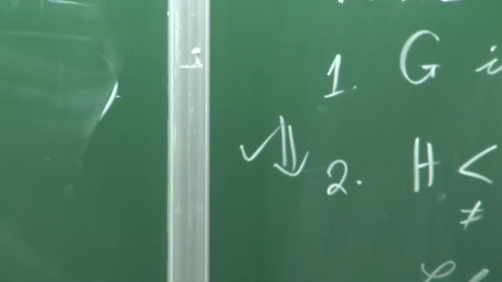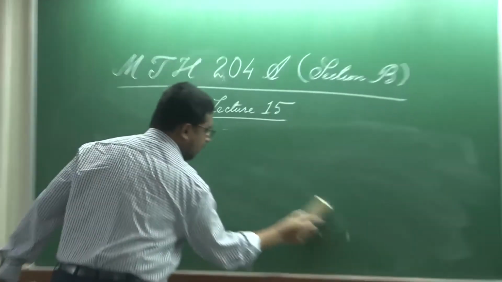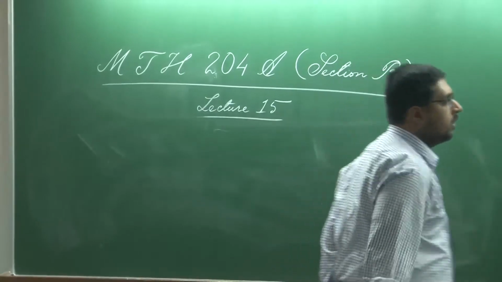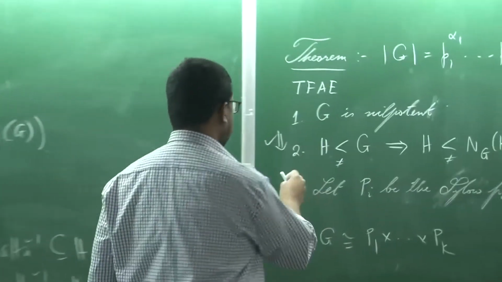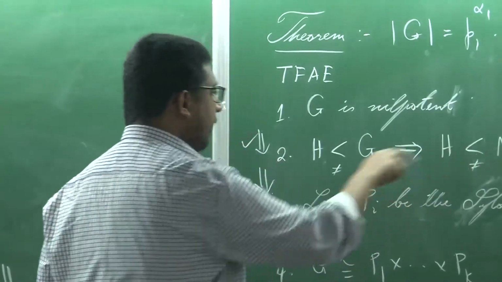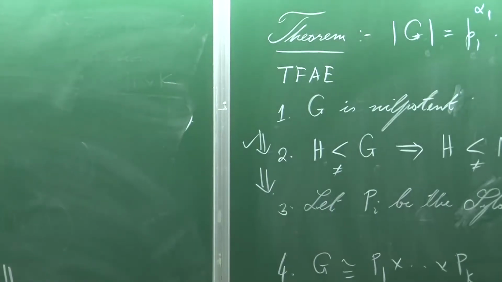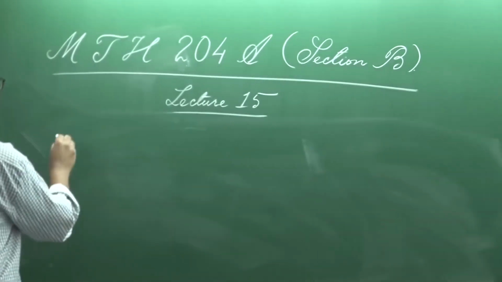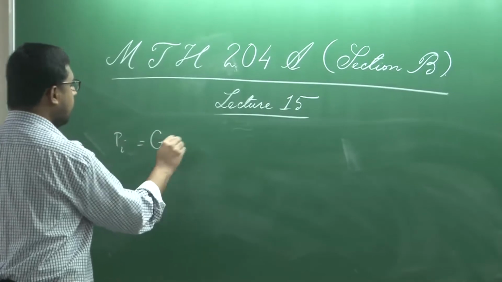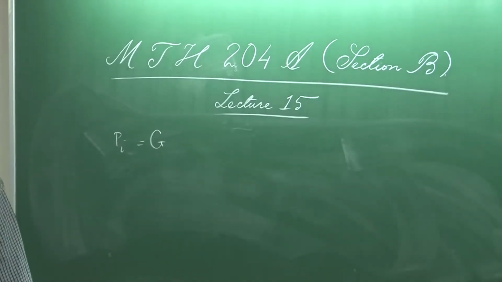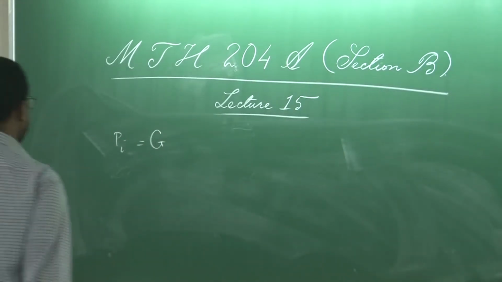Okay. That is again an application of what we have just proved. So we will now be proving 2 implies 3. If Pi is not normal, the argument goes as follows: if Pi is the whole of G, then there is nothing to prove. If Pi is a proper subgroup of G,